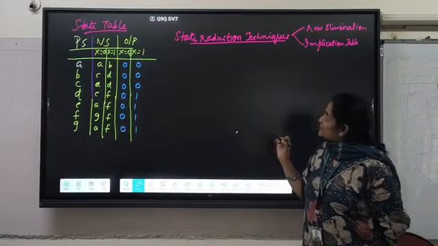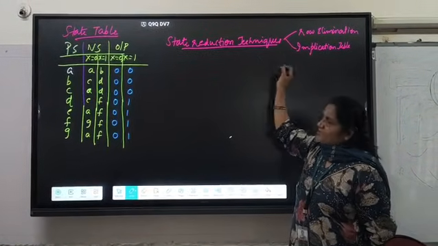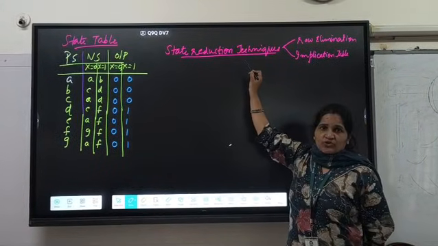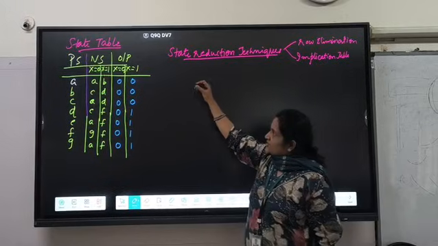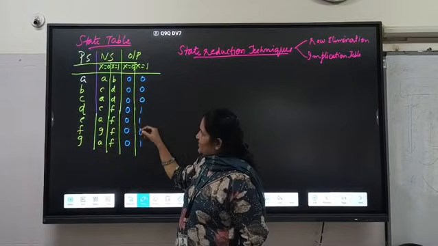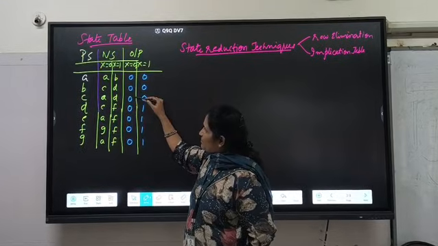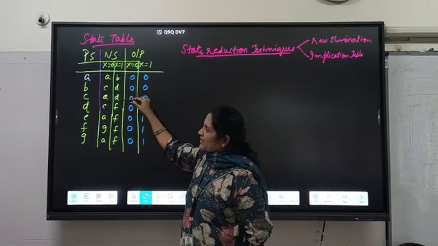Good morning students. Today we are going to discuss the state reduction techniques. First of all, I would like to tell you why we need to reduce the states. So, a state table or a state transition diagram is given to you. Some of the states may lead to the same destination. So, they all become